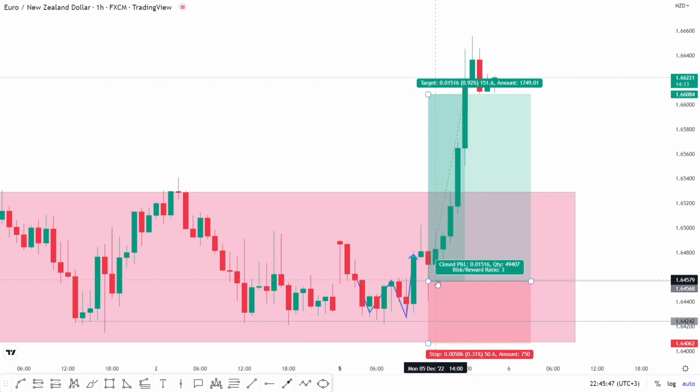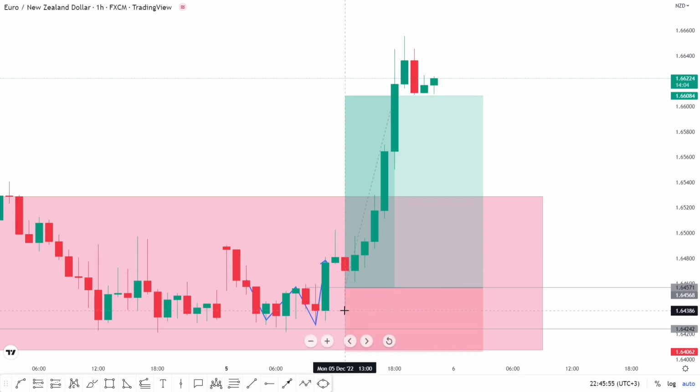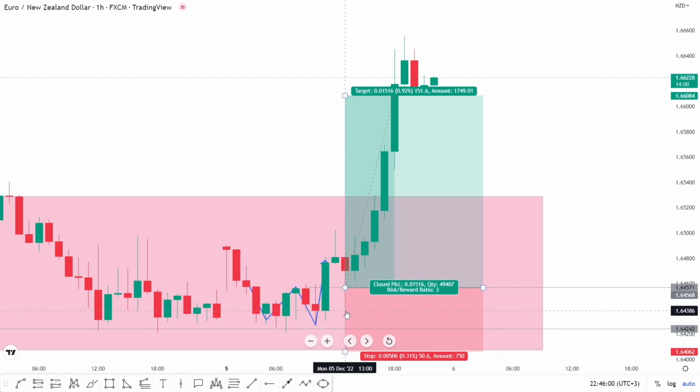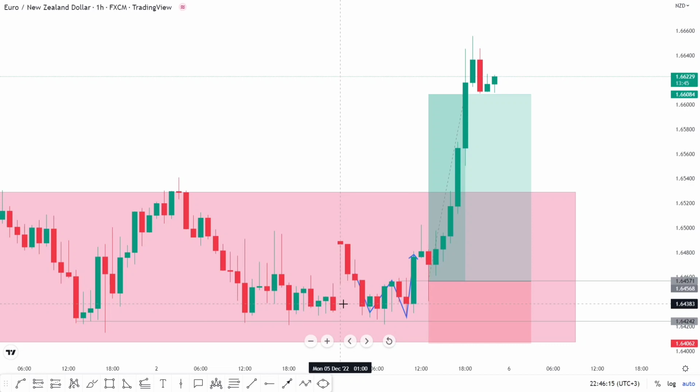So the thing with this strategy, as you can see, by the time I got into my trade, this candlestick was bearish and it dropped all the way to this point, if you can see. So you need to have a good trading psychology, so that by the time this candlestick is dropping, you are not so emotional and you decide to close your trade. So the reason why I'm not so much into my emotions whenever I'm trading is because I've done a lot of backtesting of my trading system, my trading style.